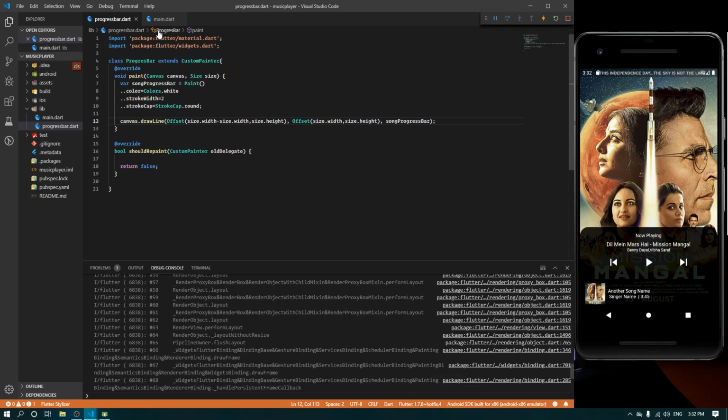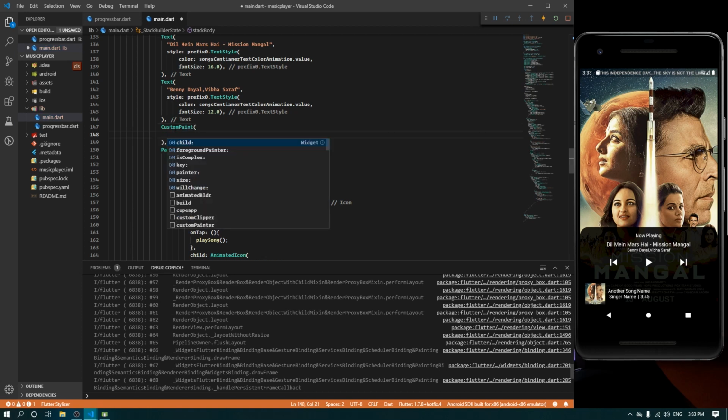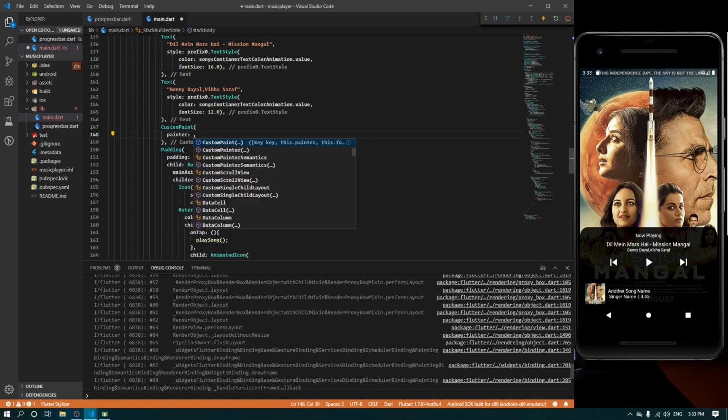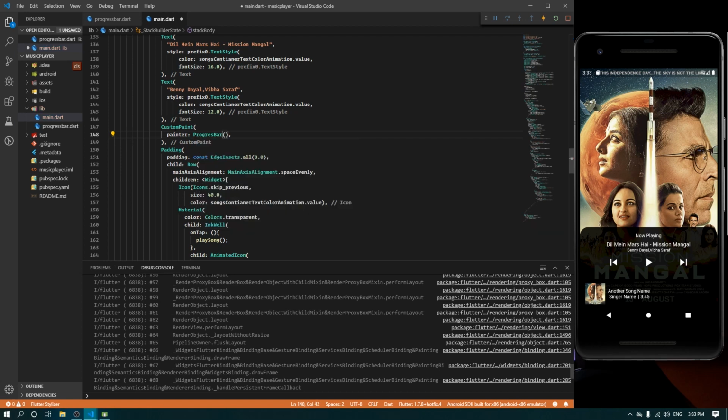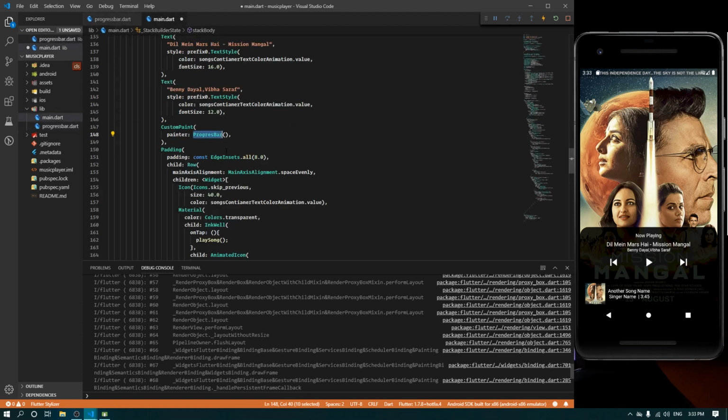Now we are going to use this class in our screen. Where we have to use it is somewhere before these icons. So before this padding of the icons, I will go ahead and use a CustomPaint widget, and this CustomPaint widget accepts a painter. So the painter is going to be our class, which is our progress bar. This is the class which we created, right? So if you just go ahead and save it now,